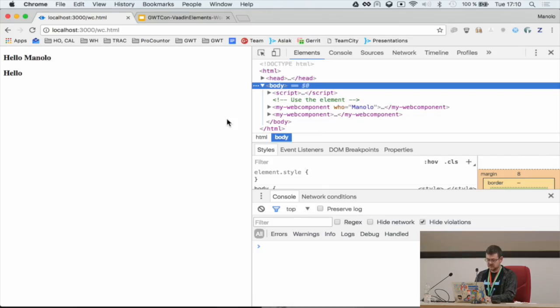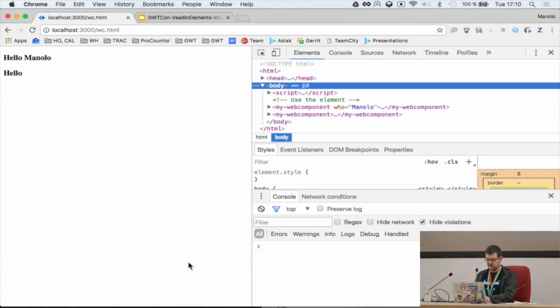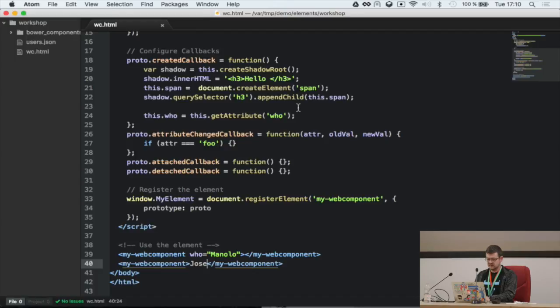Yeah, it works. But also I want the API of my web component, for instance, so that I can set here Jose, and it should work. But if the attribute doesn't exist, for instance, this.innerText content,